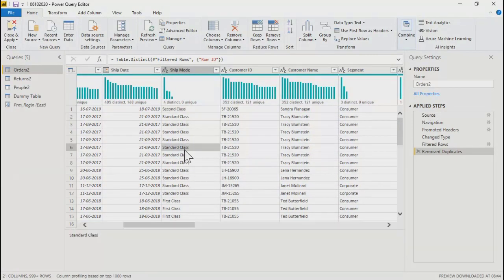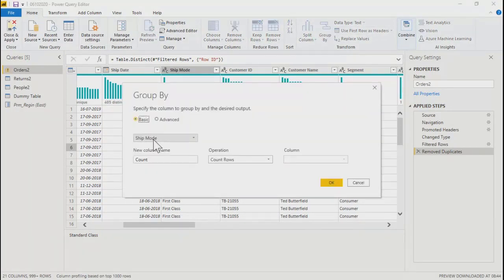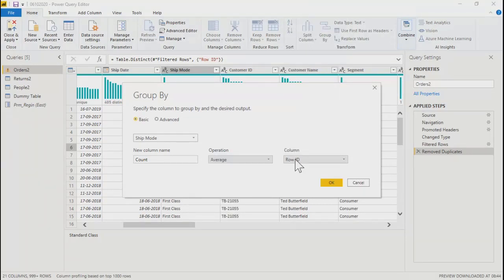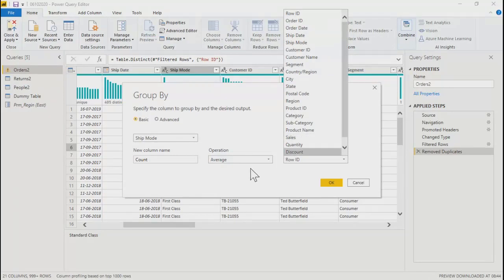So let's say I select ship mode and then we'll say group by. What I want is to create the count, or maybe you can have average, median, or anything, for whichever column you want. So let's say count of rows you have selected, then you are getting these many columns. If it is average, you are getting these many columns, like all the columns are there generally.